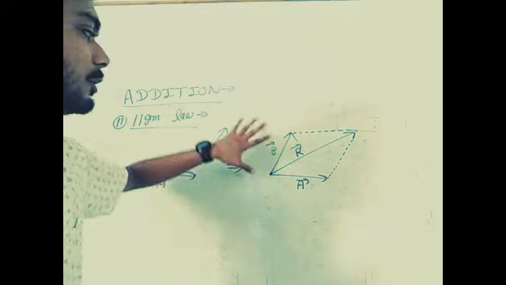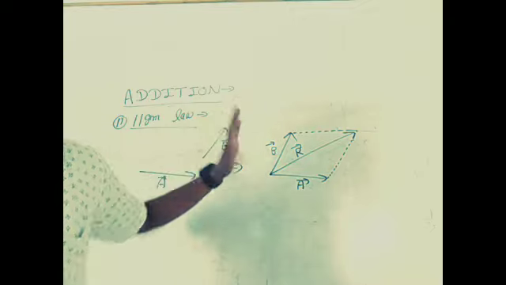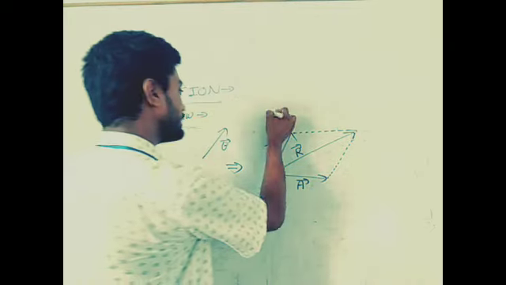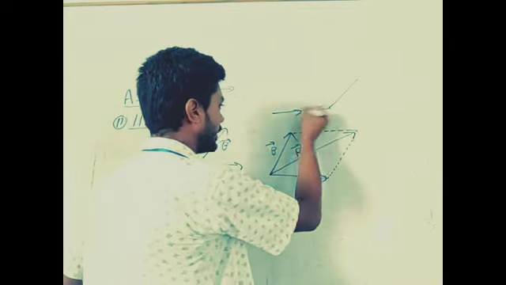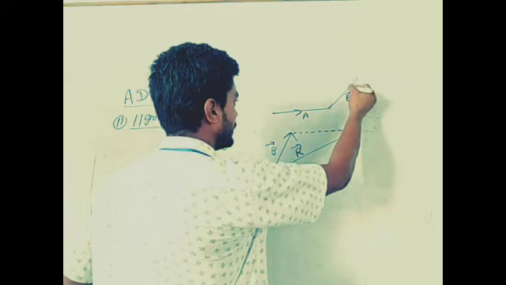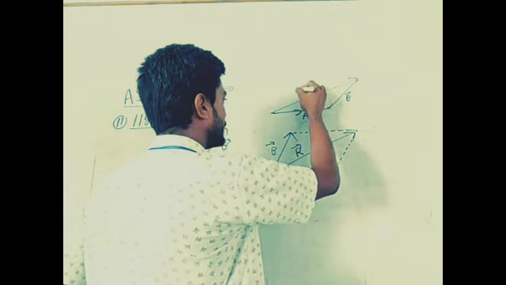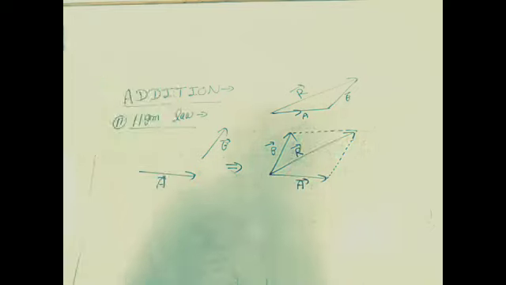And what is the difference between the triangle law and parallelogram law? You can see here. This is the triangle law: vector A, vector B, and this closing vector gives the resultant. This is the triangle law and this is the parallelogram law. Students,